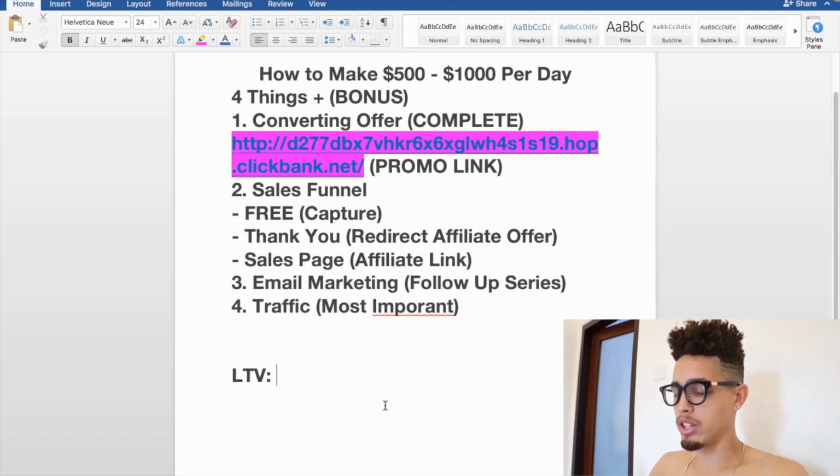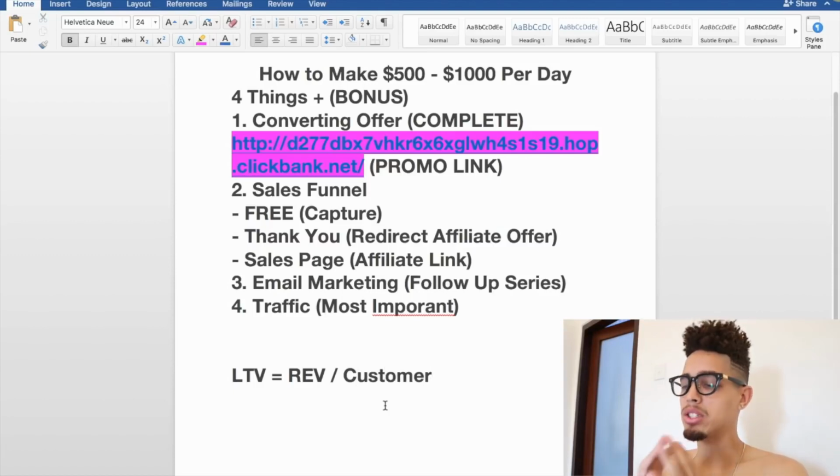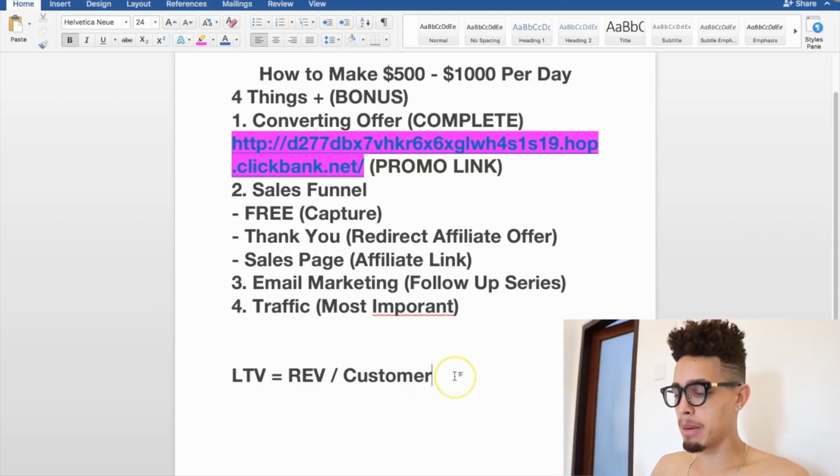The long-term value equals revenue divided by customers. So we need to know this formula if we want to scale our business. Let me explain. For an example, if you look in your ClickBank back office or your affiliate marketing back office, or whatever that looks like,